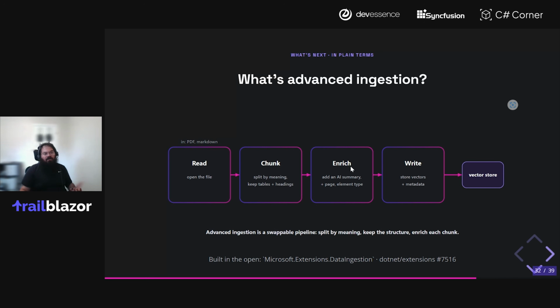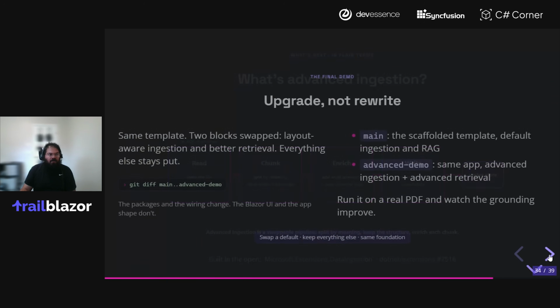Same thing with enriching. For example, let's say that you have a chunk. To make it easier to search, it might be nice to provide an AI summary of that particular chunk. Very similar with this enrich chunker, you want to be able to plug in any sort of enrichment strategy that you want. And with the writing, you want to be able to write to any store effectively, whether that's Cosmos, Azure Search, Qdrant, SQLite. You want to be able to write to these regardless and just plug right in. So all these pieces are interoperable and pluggable, with the end goal of ending up in some sort of data store.